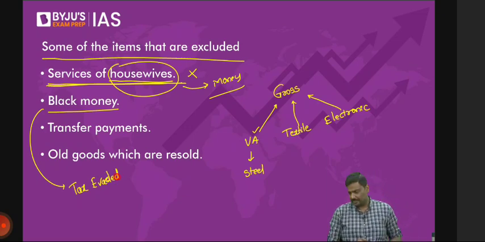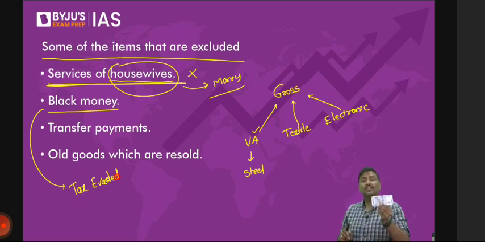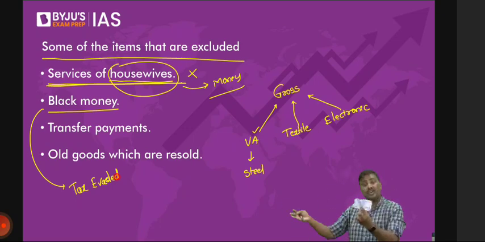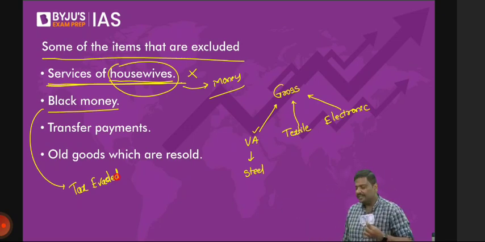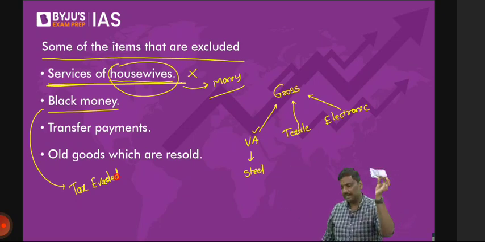So what do you mean by that? Imagine I've earned 100 rupees. Understand the basics here. I will not disclose this amount of income to the government. Disclose means I'm not giving the information to the government. Because I'm not disclosing the amount which I've earned, I will not pay taxes on it. So when I don't disclose the amount of income, this 100 rupees becomes black money. Any difficulty in understanding the idea of black money?